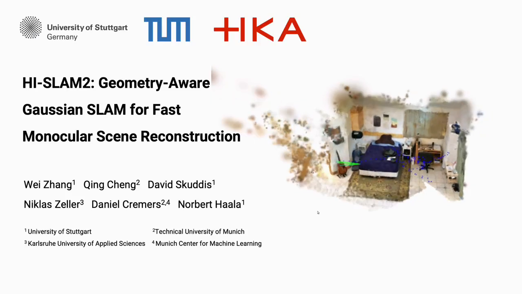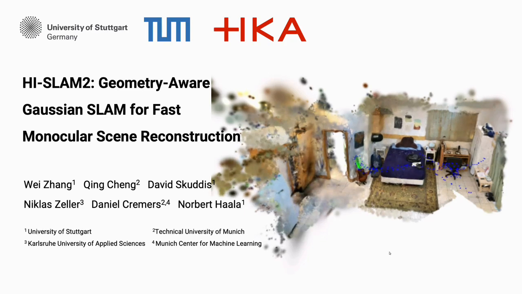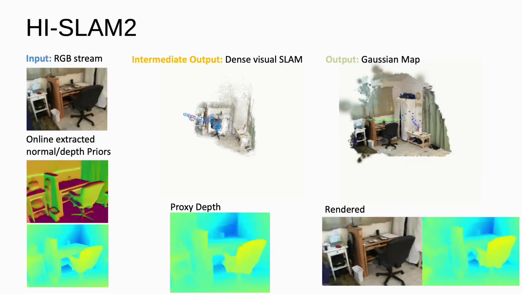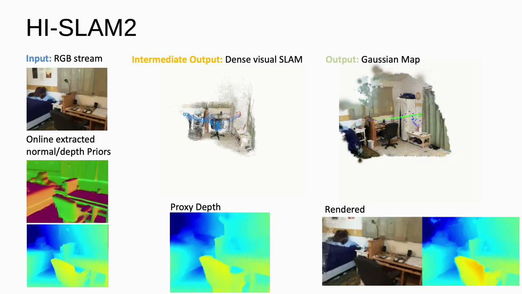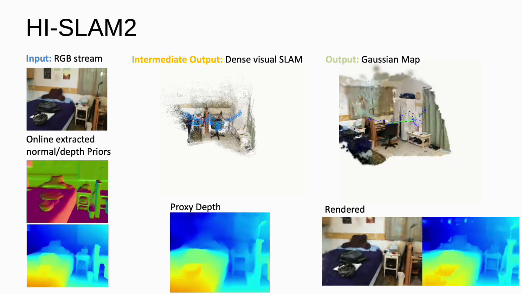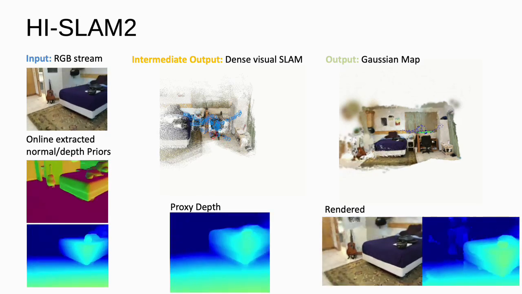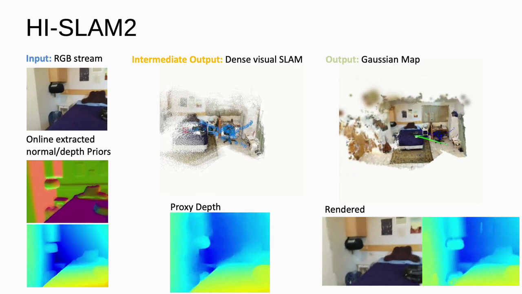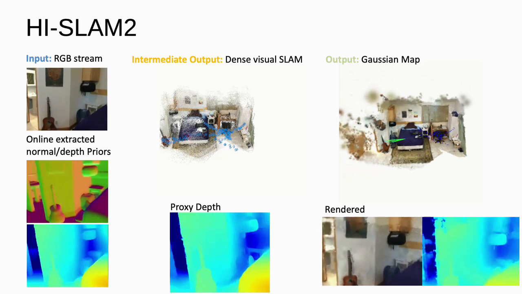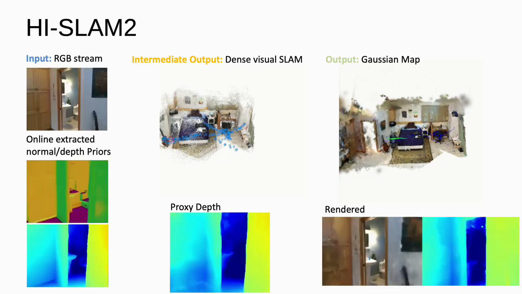In this video we introduce HI-SLAM2, a monocular SLAM system designed to achieve both high-fidelity rendering and accurate scene geometry. Our system takes a monocular RGB stream as input and constructs on the fly a dense 3D map represented by Gaussian splats. Monocular geometric priors are extracted online, and the scales of depth priors are aligned to improve depth estimation. The Dense Visual SLAM module estimates camera poses and builds a semi-dense proxy depth map. These components are fused to build a 3D Gaussian representation that encodes both geometry and appearance, enabling photorealistic rendering and